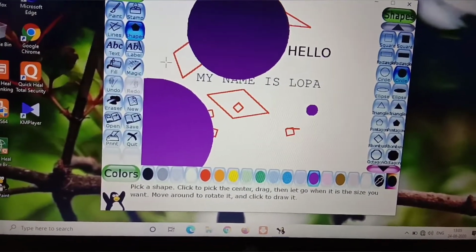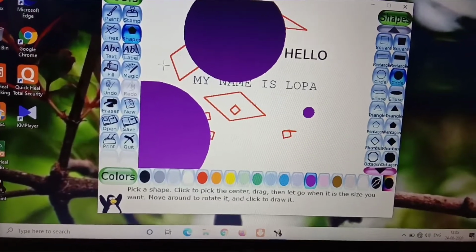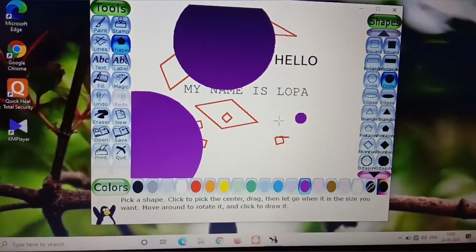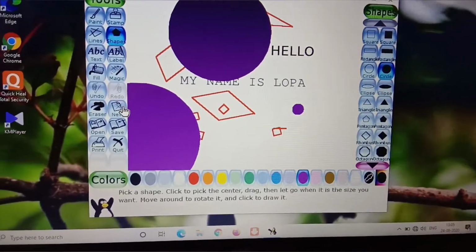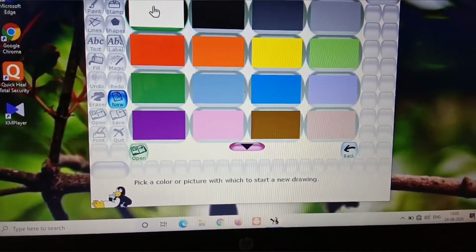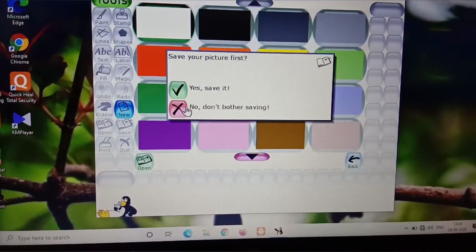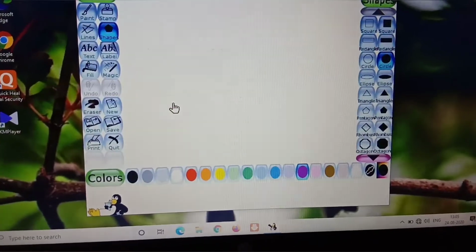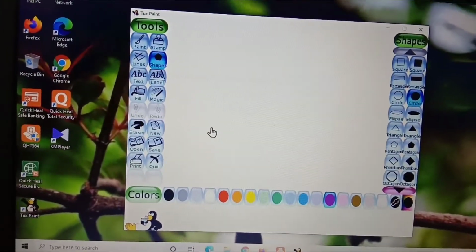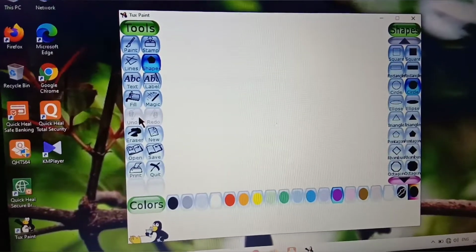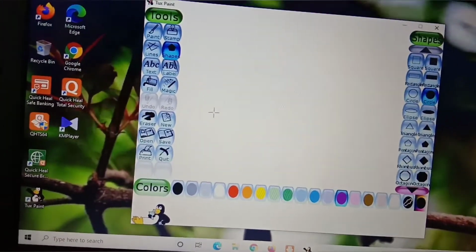Now I am going to teach you something about magical effects. So what do we mean by magical effects? The magical effects are the magical tools used to apply magical effects to your picture, to your paint. Okay, so I will take a new blank page. I already told you about this. If you forgot, then please go through my previous videos. Okay, look, the page is clean now. You can do it by using the eraser. I am using it to clean directly.